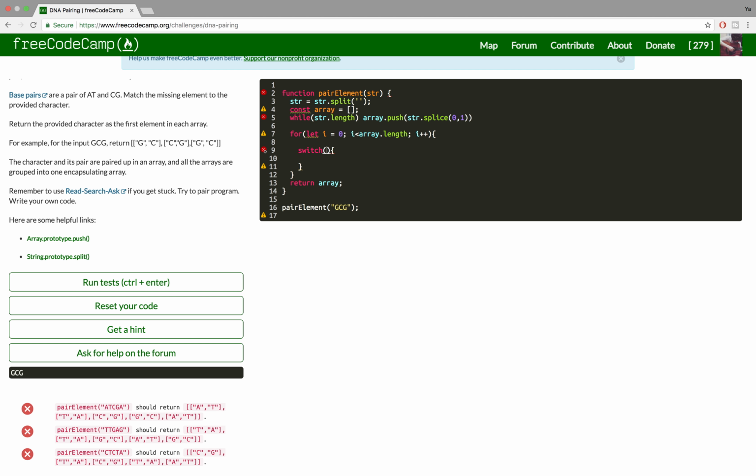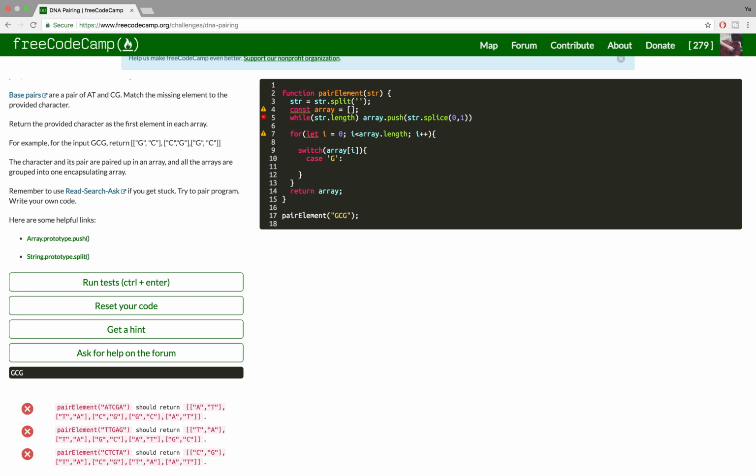So I'm gonna use the array of I as the condition, and here I will create all the cases. I'm gonna start from G. Here I'm gonna push, I'm gonna be pushing a string,